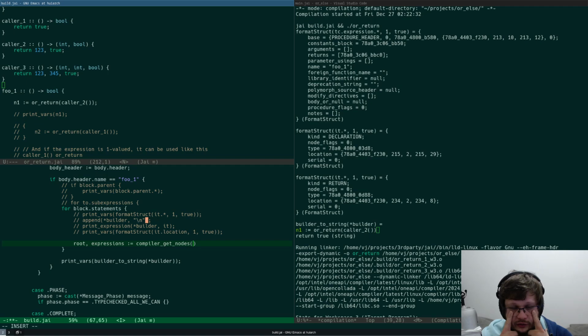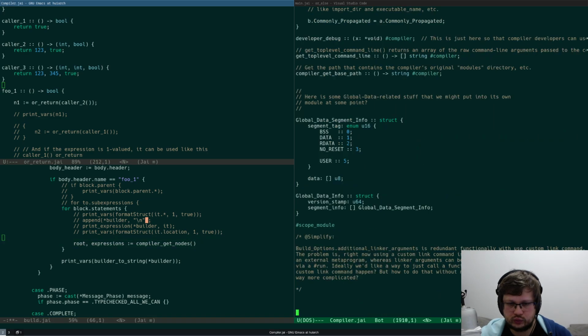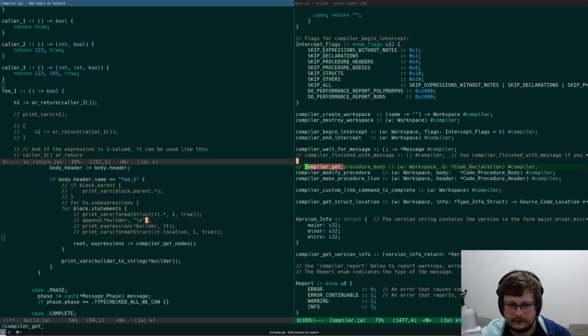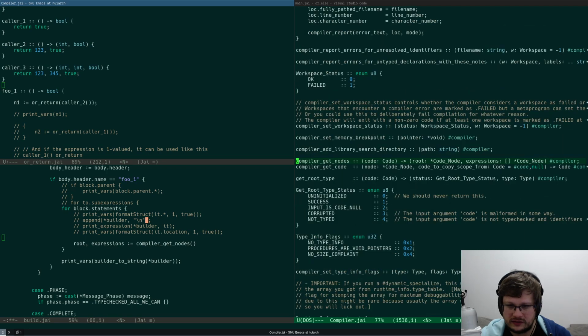Do I do compiler get code and then compiler get nodes? Compiler get struct location, get version, get nodes. Compiler get code. Do I do a round trip or what? Because block statements is already a node.